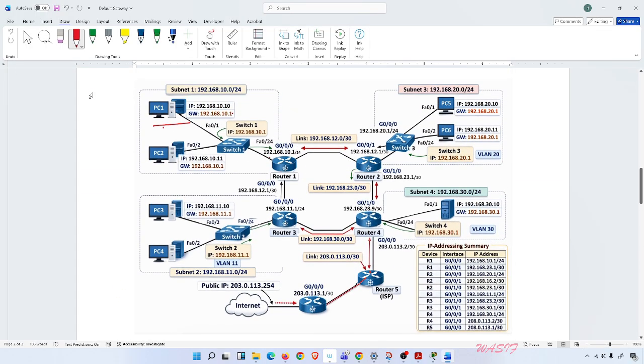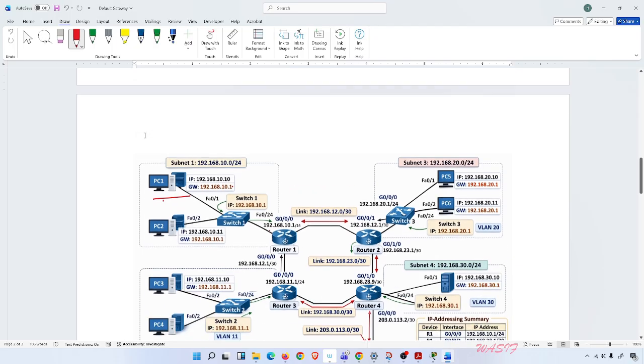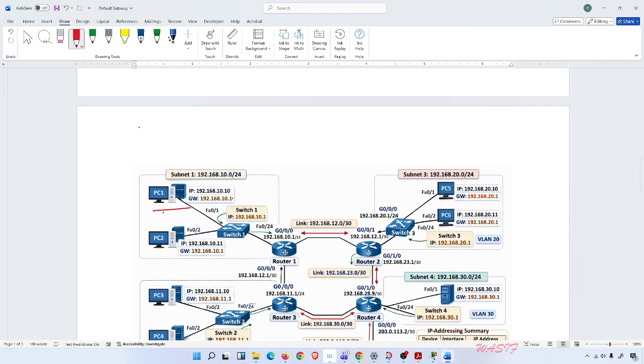Now, can a switch have a default gateway? On a layer 2 switch port, first of all, you cannot configure an IP address on the port. The only place on the switch you can configure an IP address is in the VLAN interface. So if you configure an IP address on the VLAN interface, of course your VLAN interface can have a default gateway, and again it will be the same. The default gateway will be your router's IP address. So this PC has a default gateway 10.1, this PC has a default gateway 10.1. This switch will also,